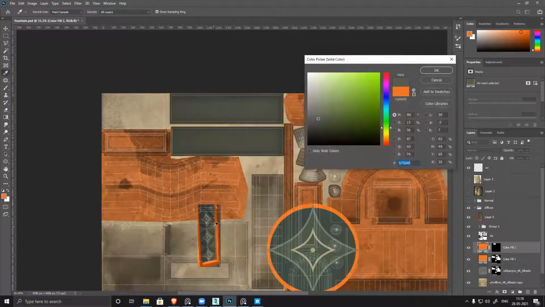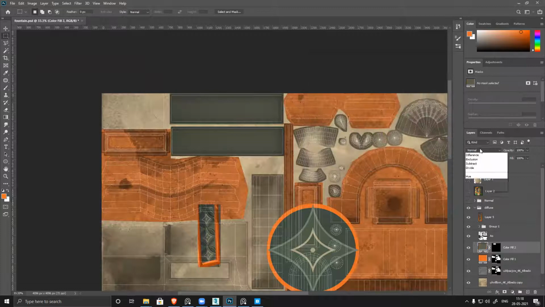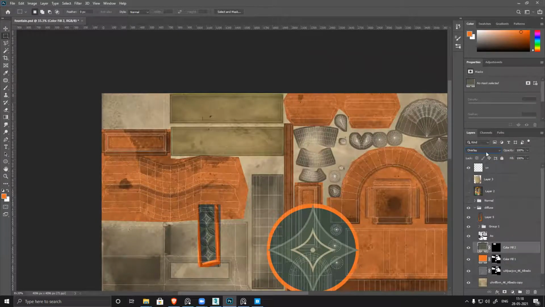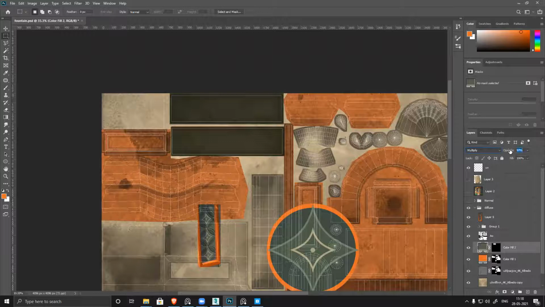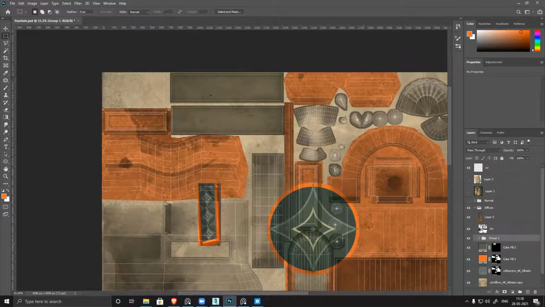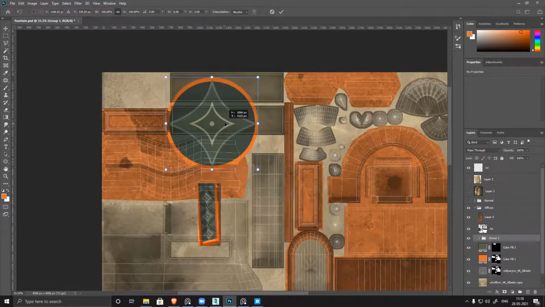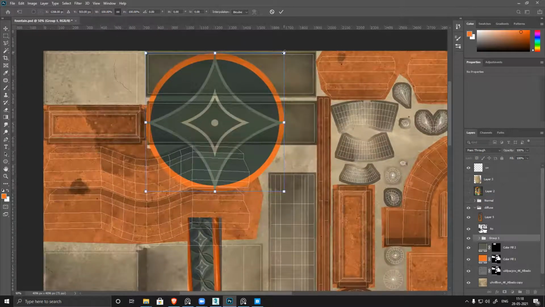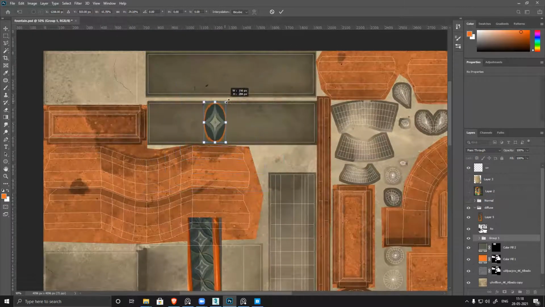Double click and pick this greenish tint. Overlay, or you can use multiply also, and reduce the intensity. So you get a similar tone. Now we have this pattern. I'll bring it down here now. Control T, and move it here. Okay.